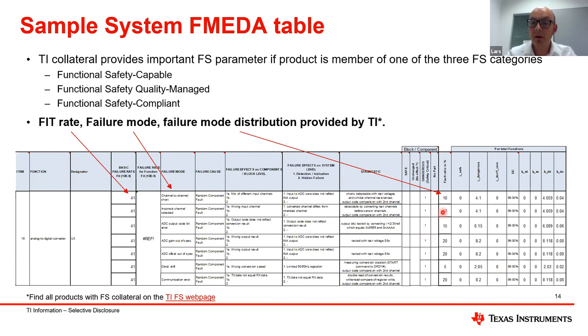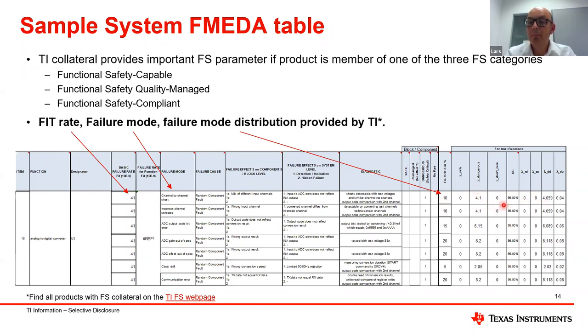Then we have a fraction, the failure mode distribution. So the channel-to-channel short has a likelihood of 10% out of all failures of the A to D converter. This means that the 41 fraction is 10%. We have 4.1 dangerous errors. And this leads to,